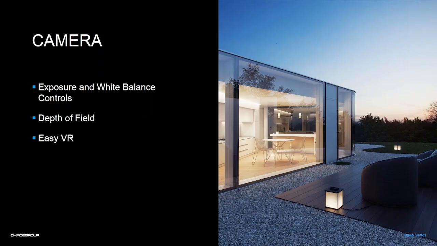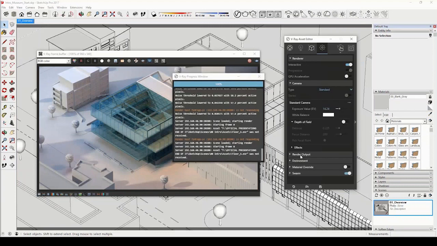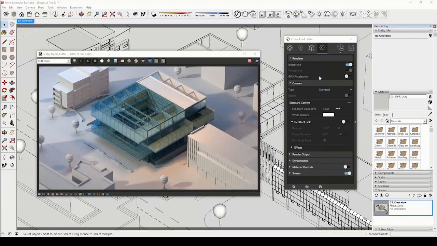So camera controls are very easy to use in V-Ray for SketchUp. From previous versions, we wanted to make camera features such as exposure and depth of field more accessible to all users. We also added the ability to easily create images for interactive panoramas or VR renderings. And I already have interactive rendering going, and I'll show you how easy it is to make camera changes,